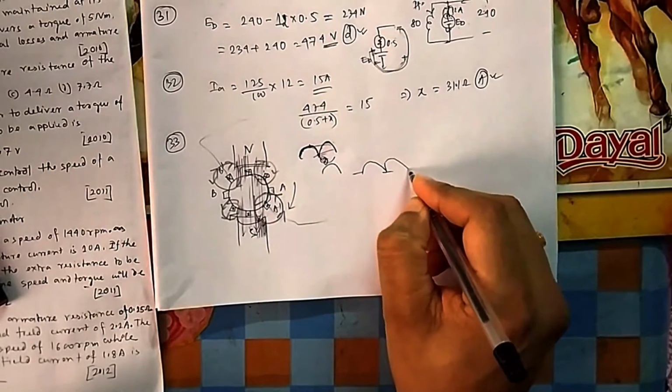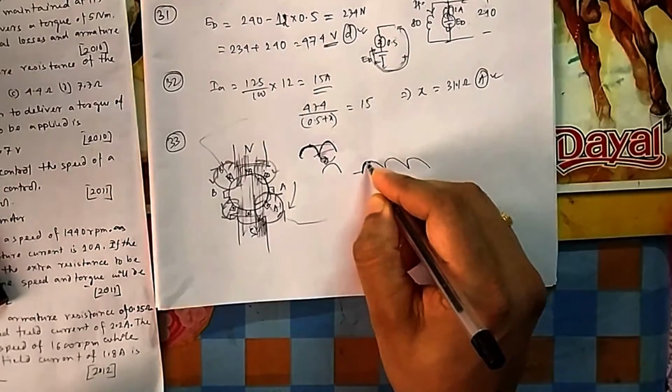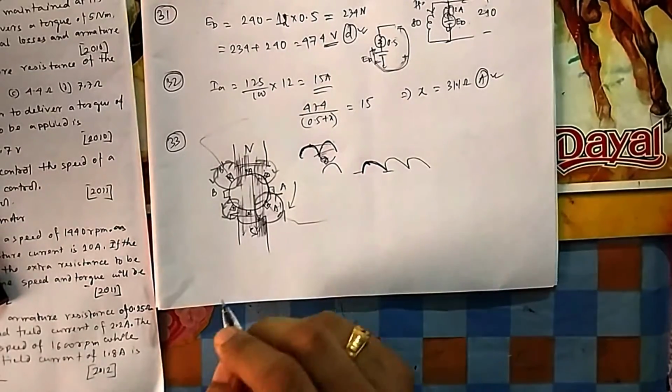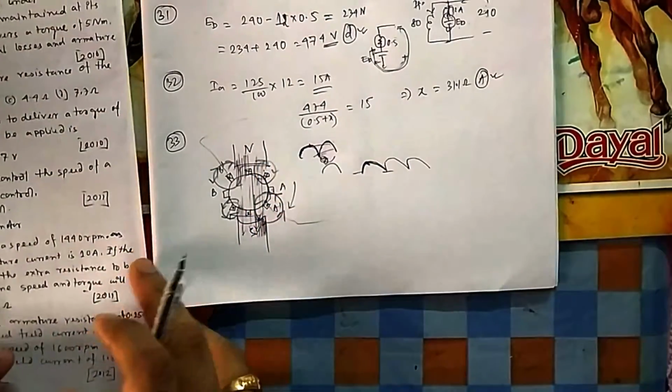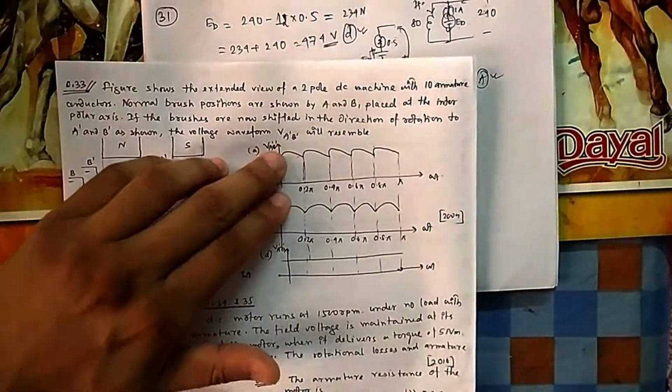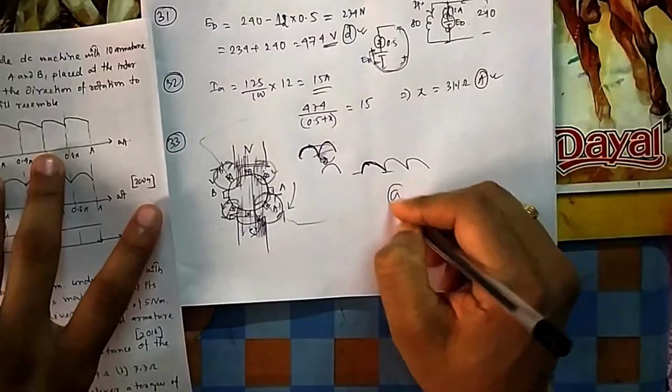So at the starting, more EMF will be induced, and at the end less EMF will be induced, because here the magnetic field is weakened. So armature reaction, what was the effect? At the starting it will increase, at the ending it will decrease. At the starting position, if you draw this magnetic field, it is increasing. So that's why it is option A.